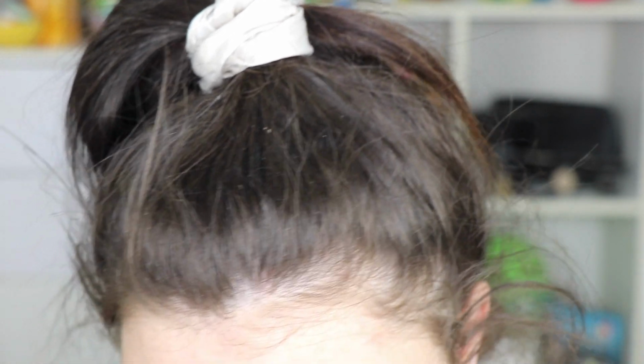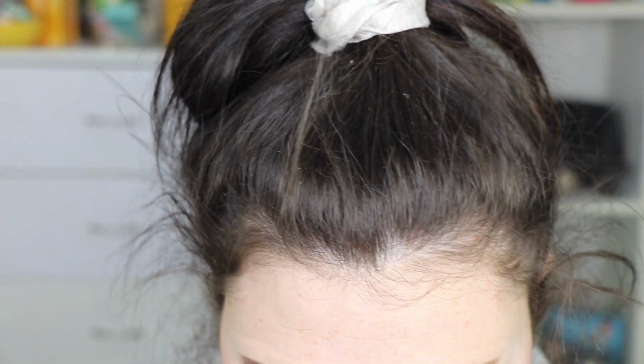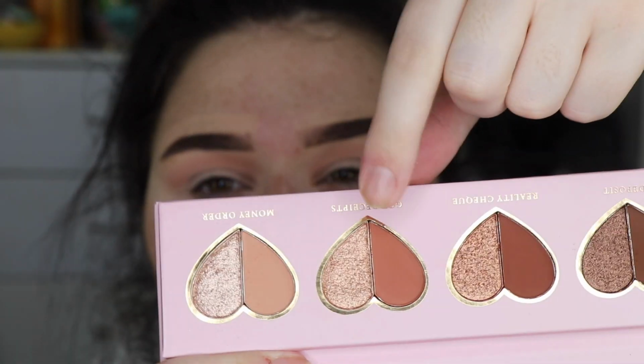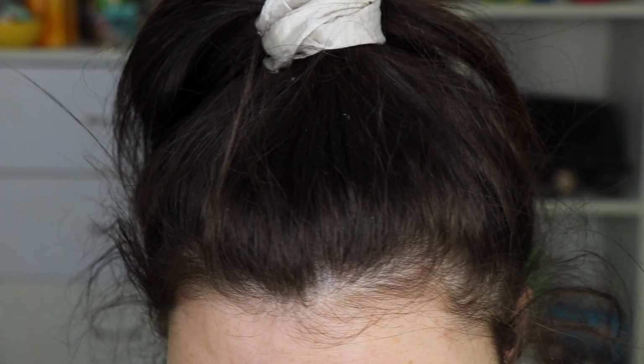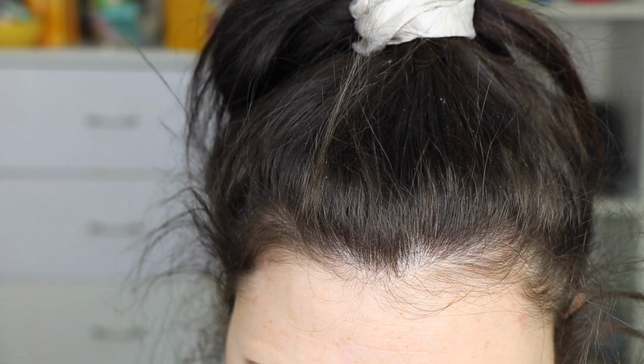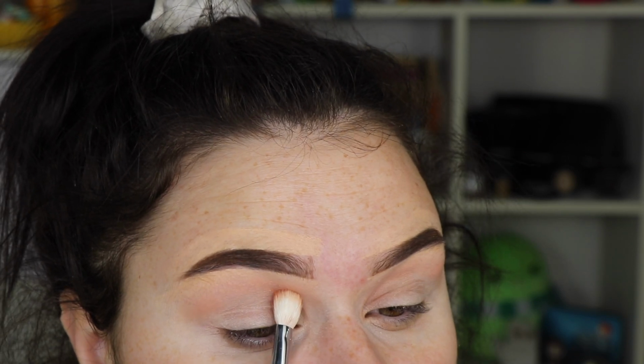Next I'm going to take the shade next along, and it's called Got Receipts. I'm honestly just going to take that on the same brush that we used for that first shade, but we're just going to put this one down a little bit. So we're not going to put it as close to the brow bone, we're going to bring it down. So starting about here,